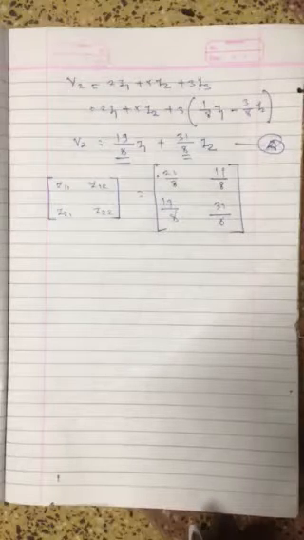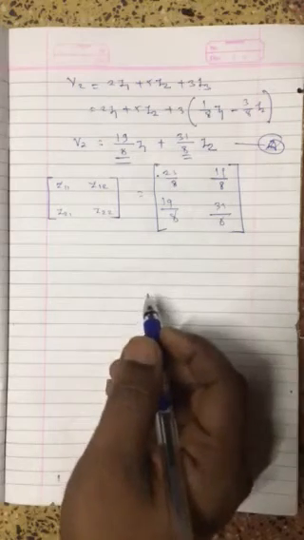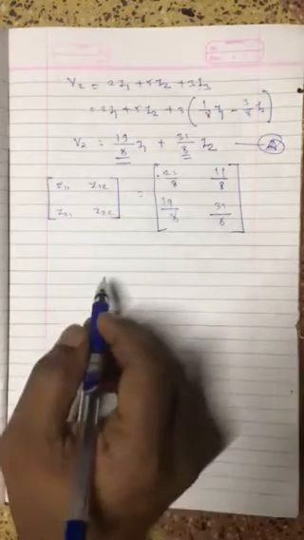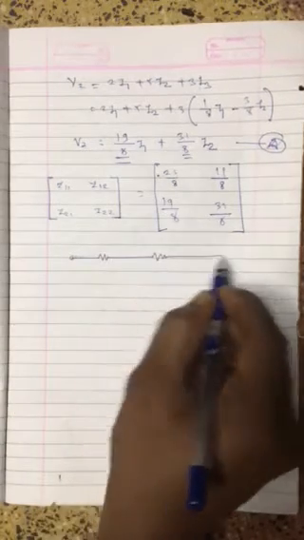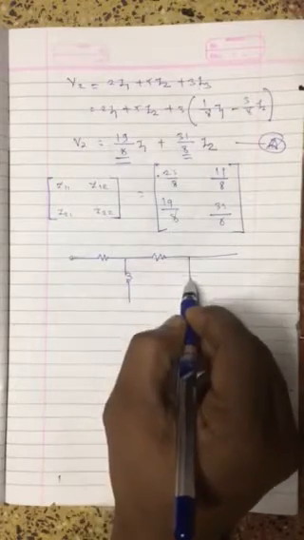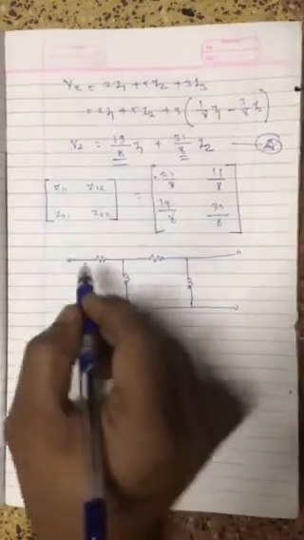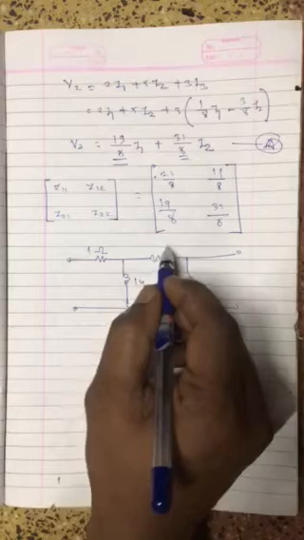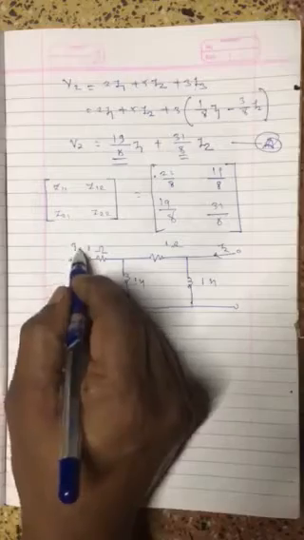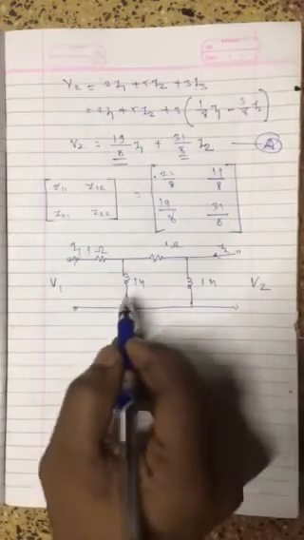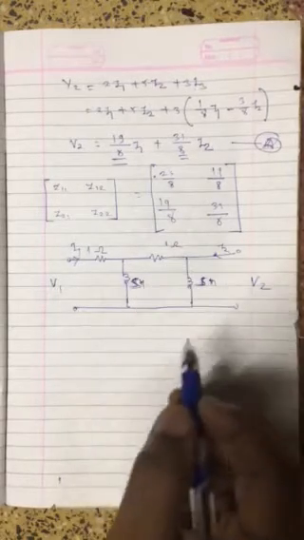Now sometimes we have to transform the network into the S domain. If an inductor is present, we will see a simple example. This is 1 ohm, this is an inductor of 1 Henry. If the circuit is resistive, then there is no need to transform it. So 1 ohm, 1 Henry, 1 ohm, 1 Henry, with currents I1 and I2, and voltages V1 and V2. The 1 Henry inductor will become S, and the resistance remains as it is.